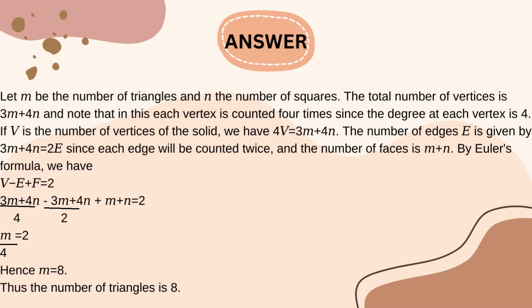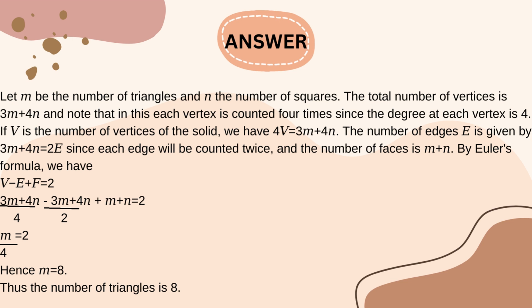Thanks to Muralidharan for the full explanation, we have the answer here. We would let m be the number of triangles and n be the number of squares. The total number of vertices is 3m plus 4n equals 2e, since each edge will be counted twice, and the number of faces is m plus n. By Euler's formula, we now have